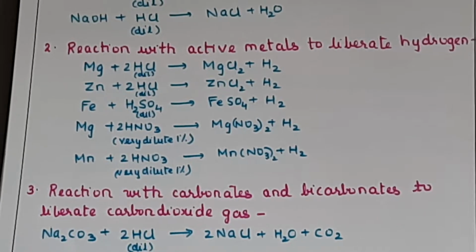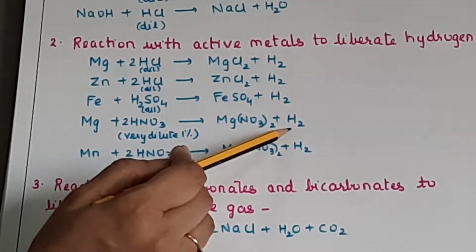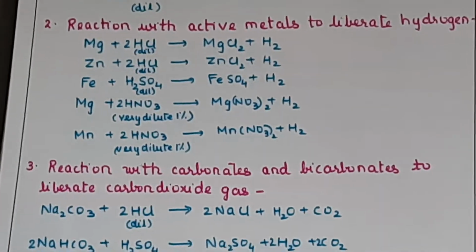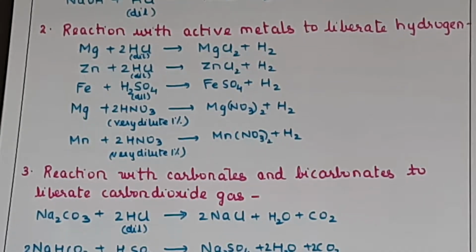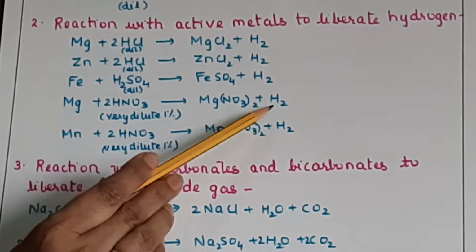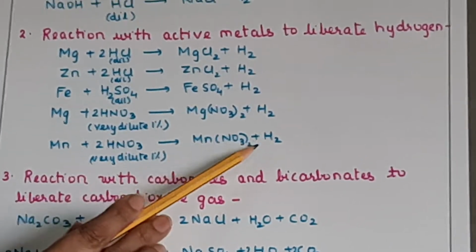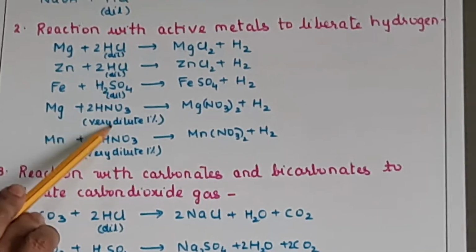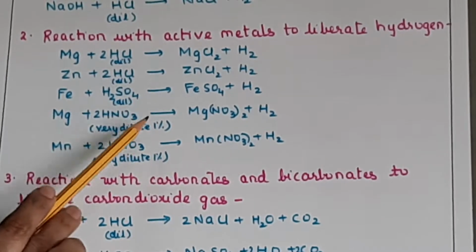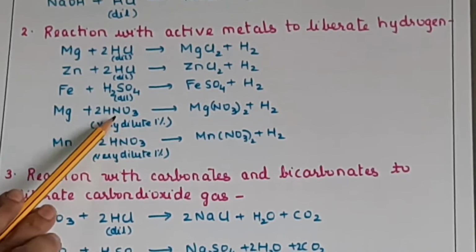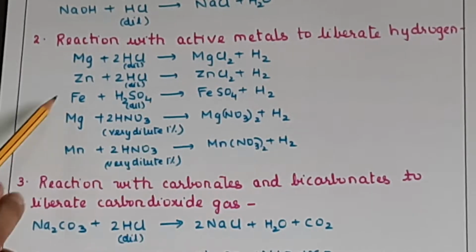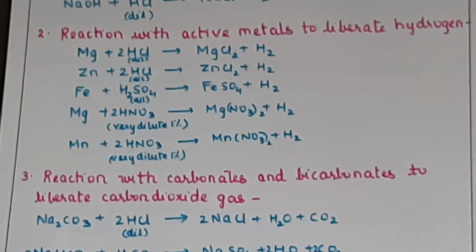So when it reacts with the metals, this H2 which is formed gets oxidized to water. When you use the normal concentration of nitric acid, which is either 68% or 50%. So if you have to obtain hydrogen, then the concentration of the nitric acid has to be very dilute, that is only 1%. So only 1% nitric acid will be able to react with Mg and Mn to liberate hydrogen. This is the exception for nitric acid, remember that.